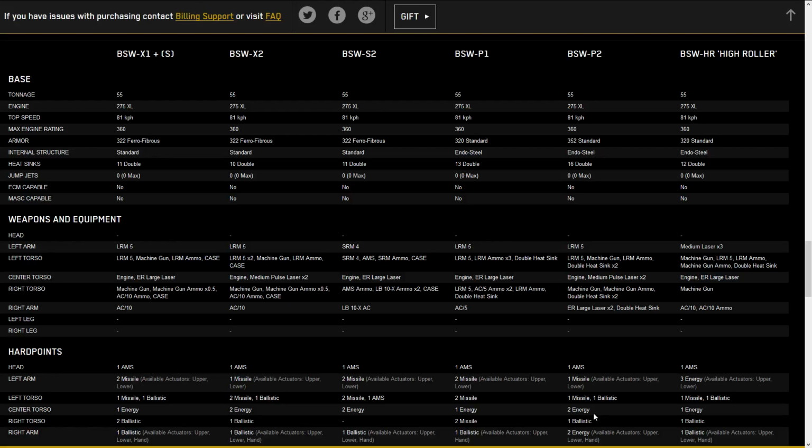uniquely is the fact that the right arm has the energy. Because up until now, everything's been in the center torso, so we've been limited to only 2 critical slots for our energy. So we have 2 energy, it has to be a medium laser or medium pulse, or small lasers or small pulse, because they only take up 1 critical slot. If we take a large pulse on this mech, we're not going to be able to use one of our hardpoints. But here, because it's in the right arm, we can start to do things like